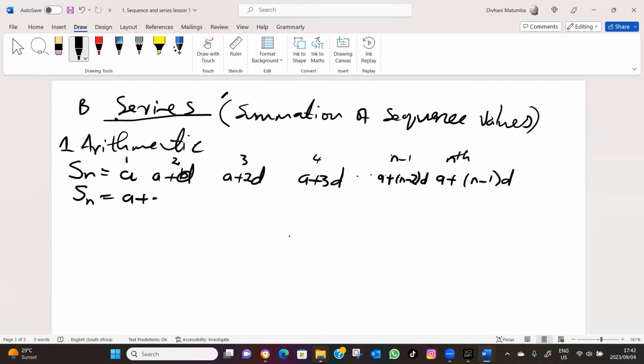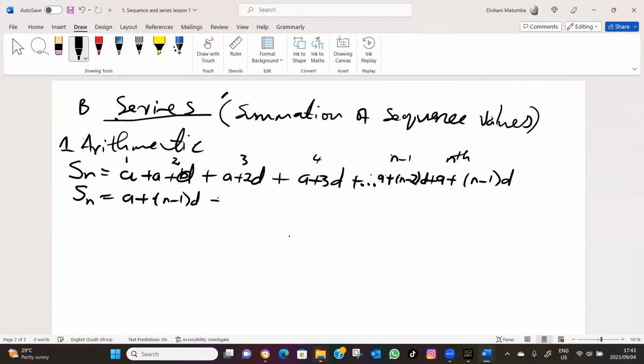So if we reverse, we're going to have n minus 1 times d plus, if we add all the sequence values, we will have